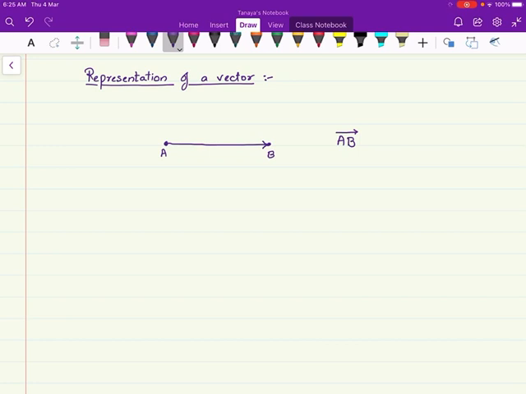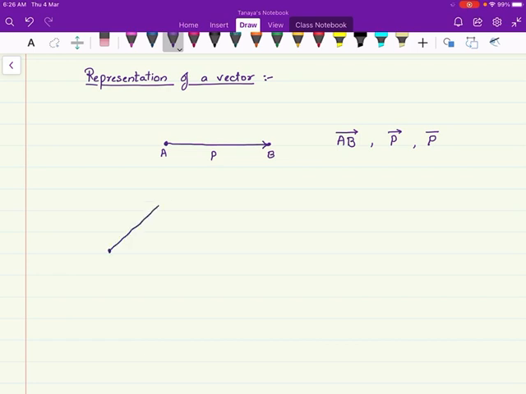We are speaking about vector. So you put an arrow over it. Or I can also call this P. This distance AB, I can call it P. Then I will write it as P bar. Either you put an arrow, or sometimes you can just write a bar also. That is also enough. So AB bar or P bar, anything. This is how you represent the vector. It can be in any direction.